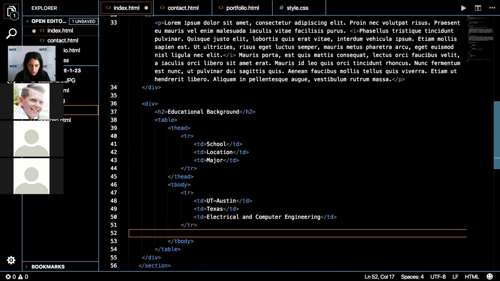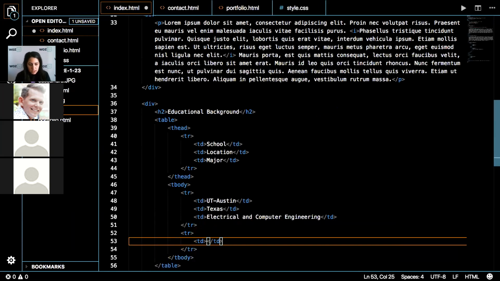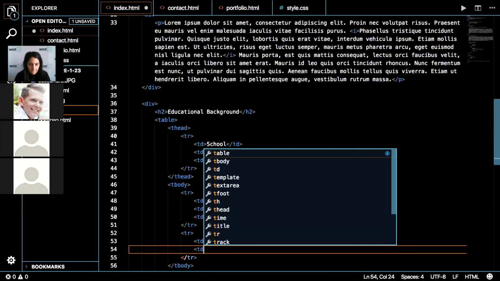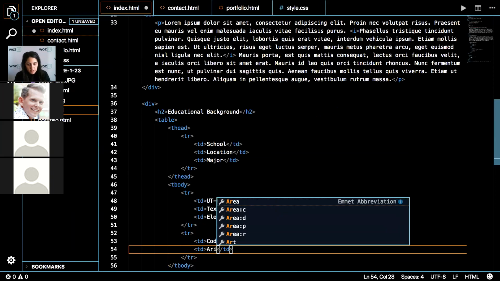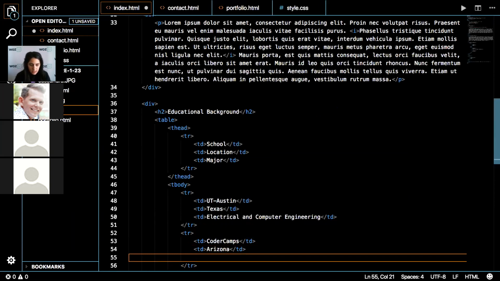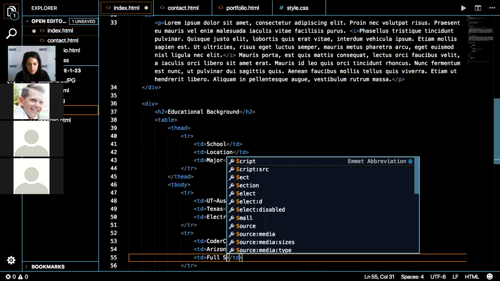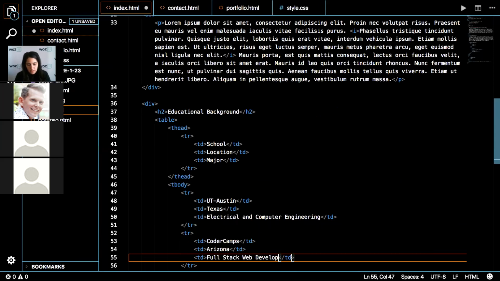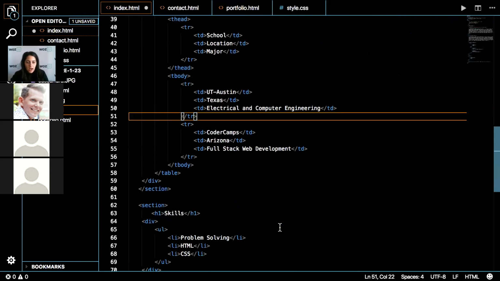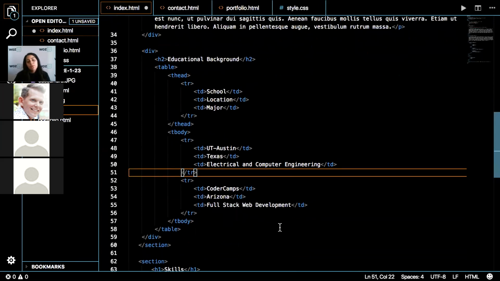And then we'll make another row. So now we have a table, and in that table we have a header and we have a body. The header has one row with three columns, and then our body has two rows filling out those three columns.